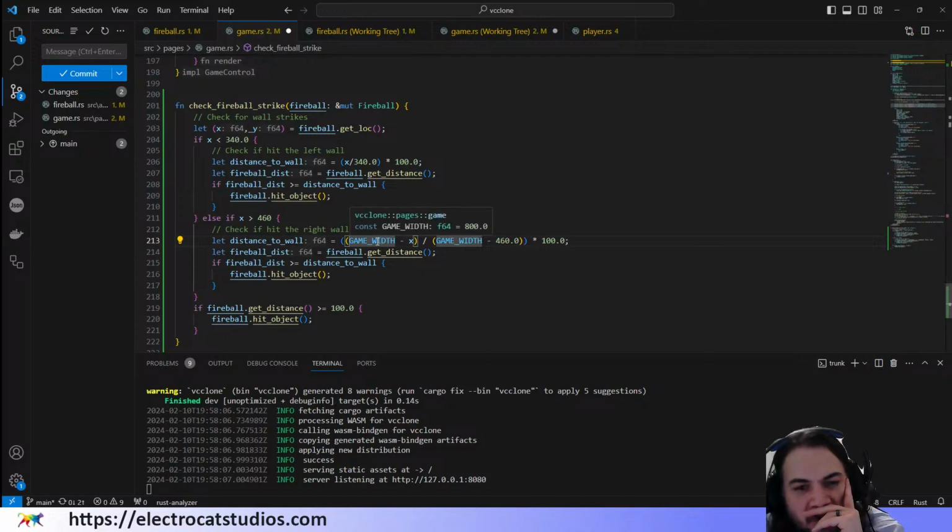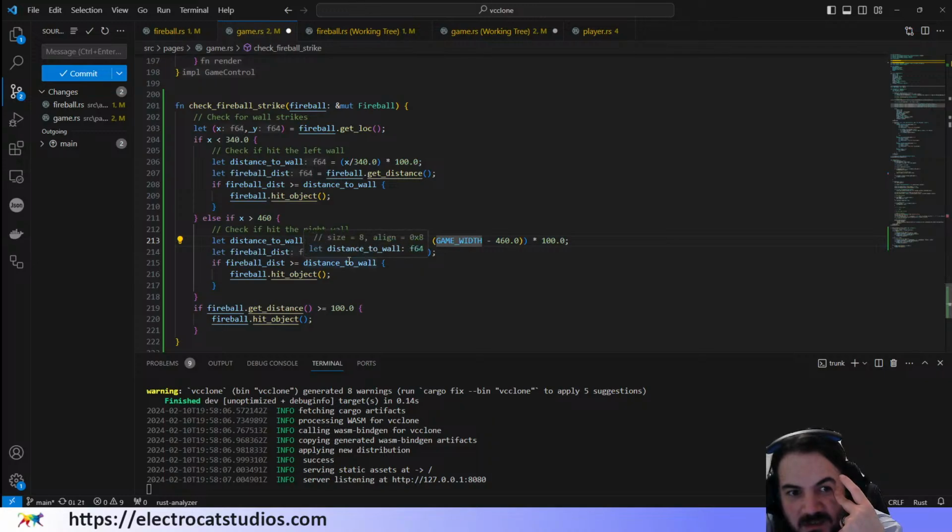So we've got the game width is 800 minus the current X location, which could be 800, in which case it would be like 1 over this, which is always going to be the same, 800 minus 460, which would be 400, just for completeness, so it would be 1 over 400, whereas if I was at 460, I would be the same, so game width minus 460 would be the same as game width minus 460, which would be 1 multiplied by 100,